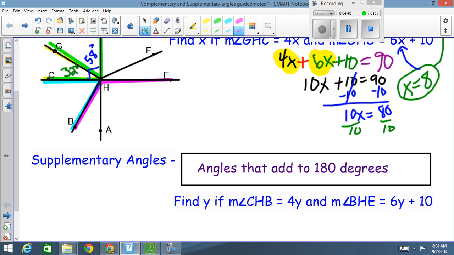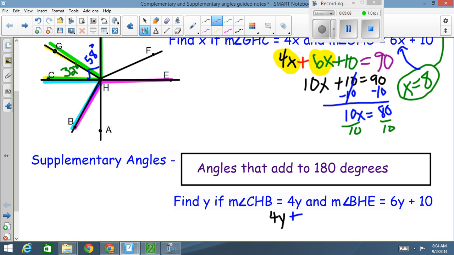Okay? So now you notice that these two angles, when you put them together, make a straight line. And a straight line has 180 degrees in it. So these two angles are supplementary. They add to 180. In the first example, they added to 90. So I'm going to do the same thing I did up at the top. I'm going to take 4y, and I'm going to add it to